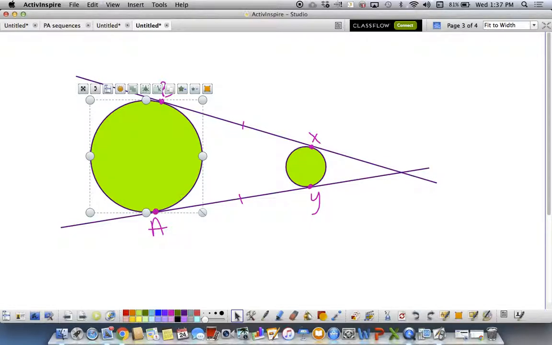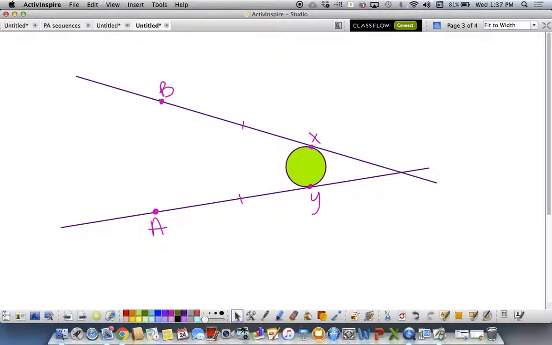Okay. Now I'm going to take this circle, and it's going to go away for just a second. Is it gonna come back? It will come back in a minute. But I'm going to ask you: could we prove? Have we? I know we have, but do you remember? Have we ever